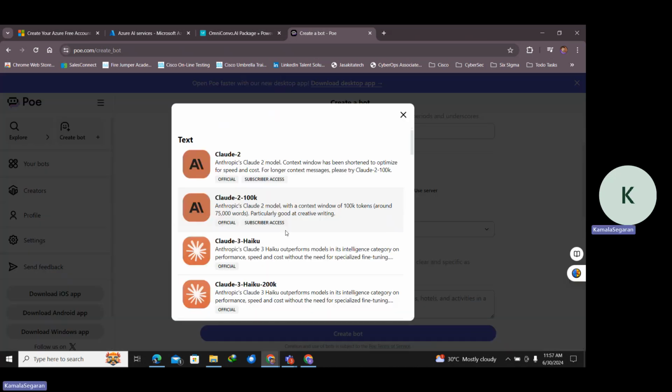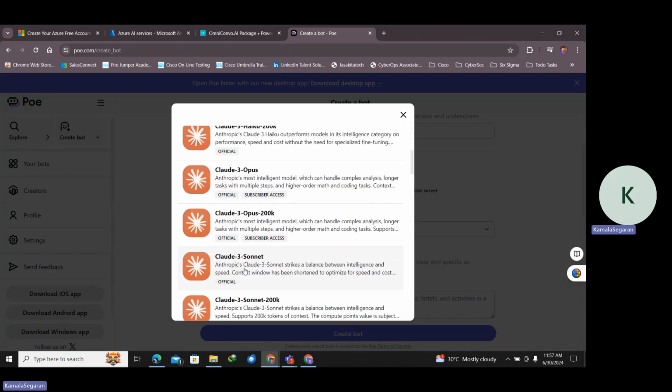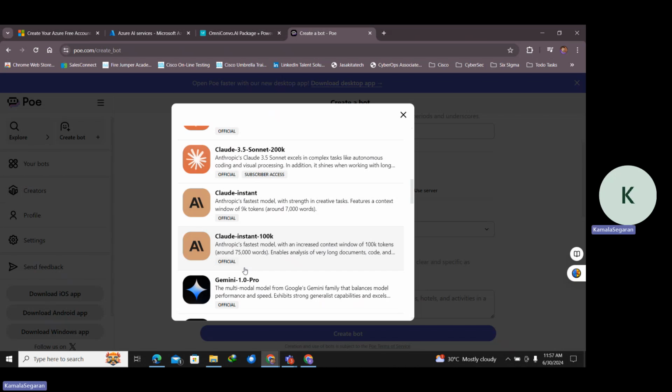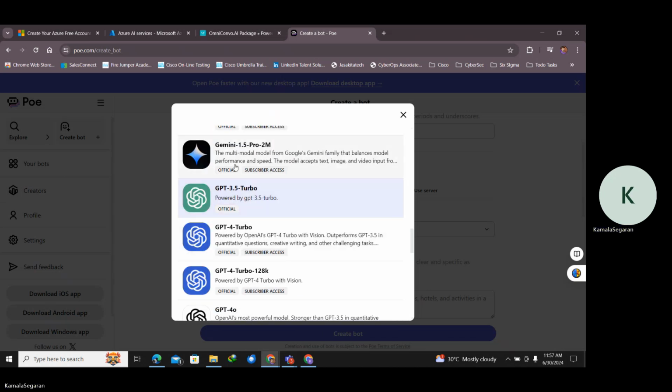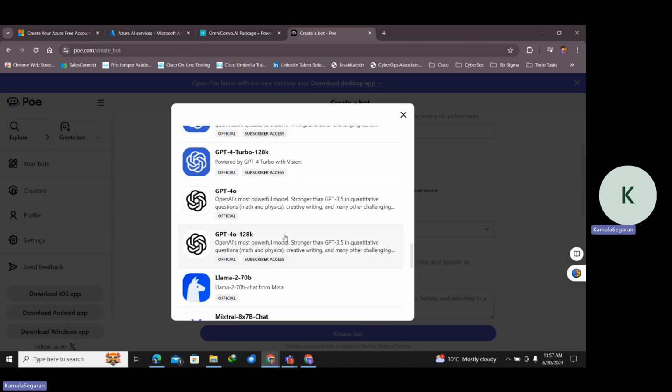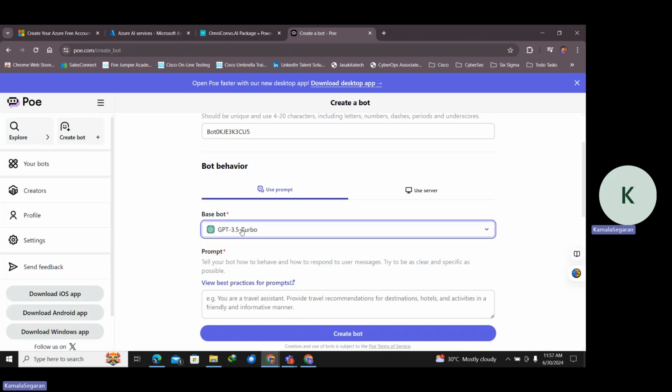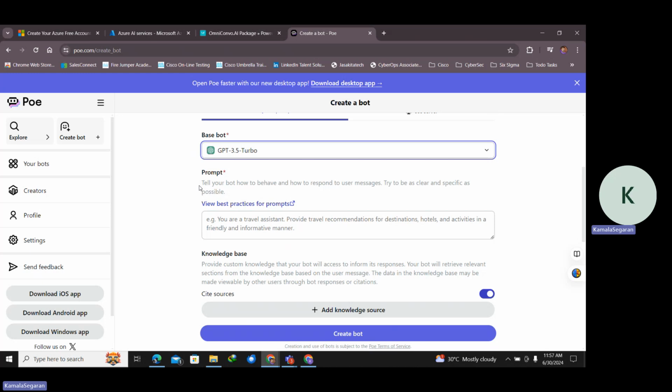You can use any of the ChatGPT engines available out there. See all these: Gemini, Google, GPT Pro, ChatGPT. Then you also have others, but we will leave it as GPT 3.5. Why? No charges. 3.5 is still free. Then